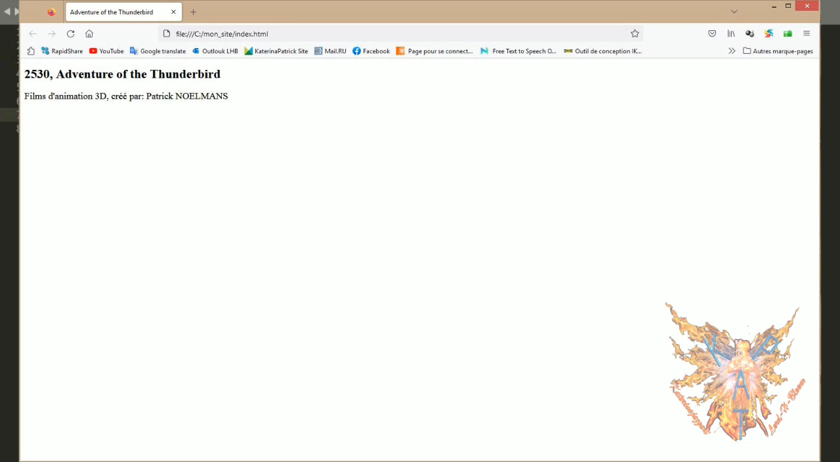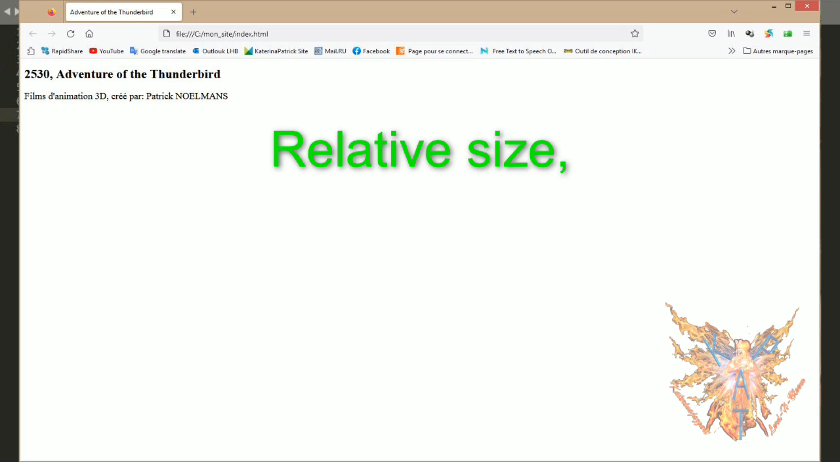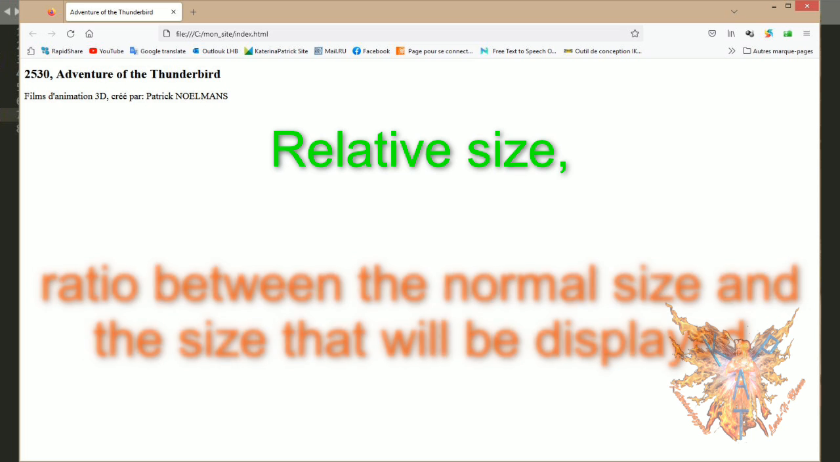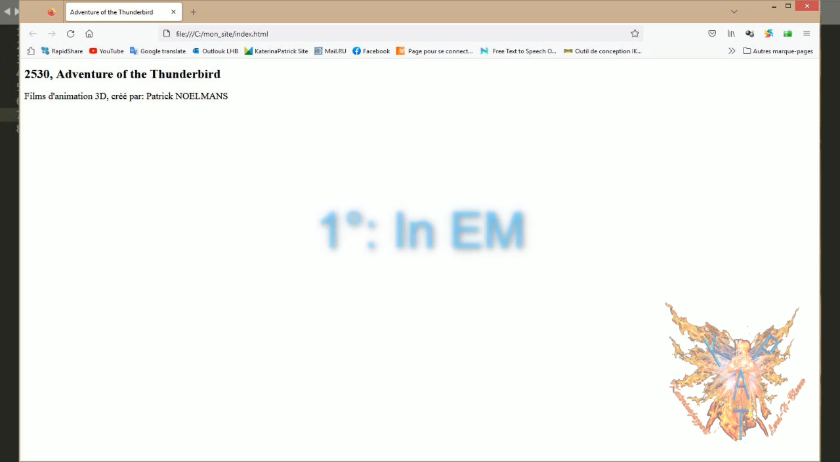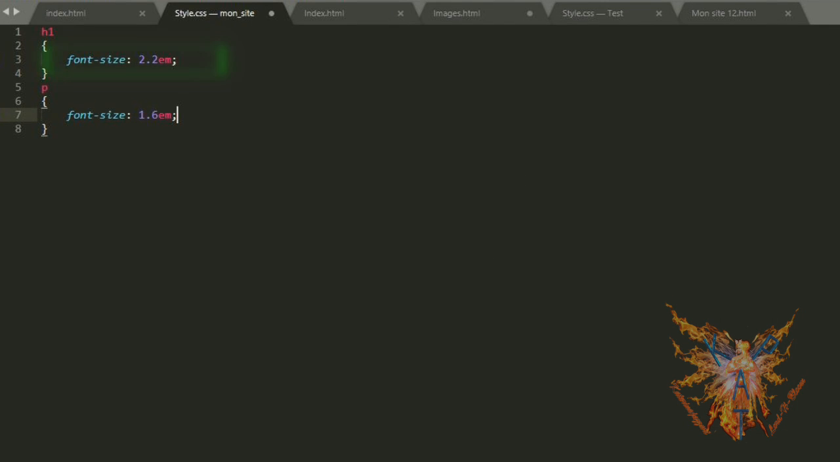Well, the problem with this method is that there are only 7 different sizes. The second relative method is to indicate a size ratio, compared to the normal size that would be displayed by default. It can be written in 2 different ways. First, in EM, which consists of multiplying the original size by the value indicated, that is, let's say in our example, H1 at a value of 2.2 em,